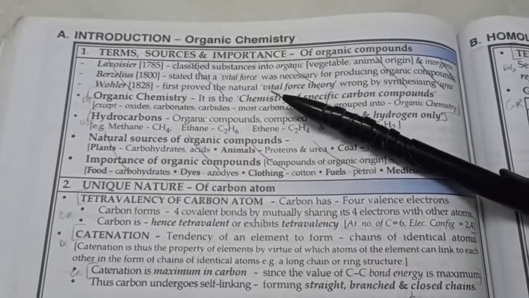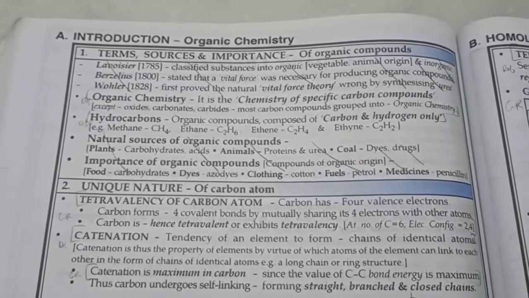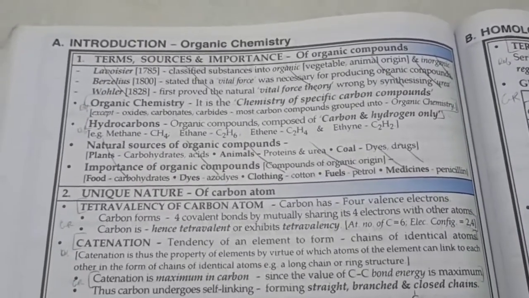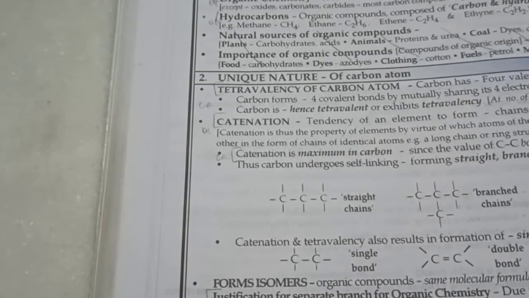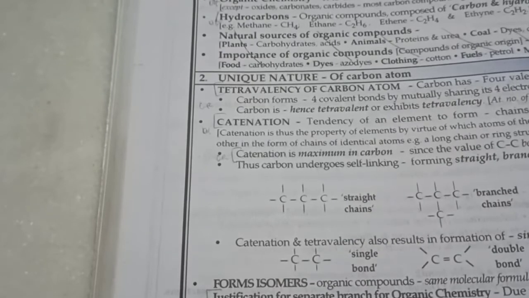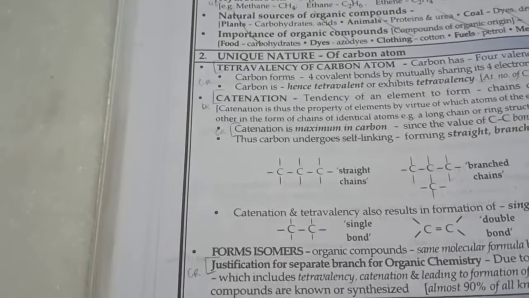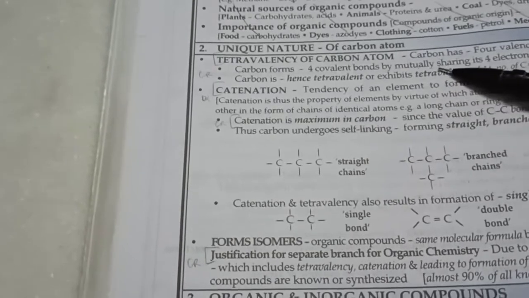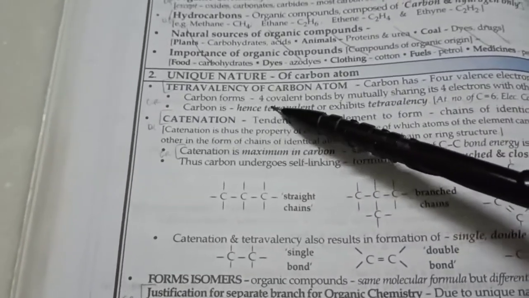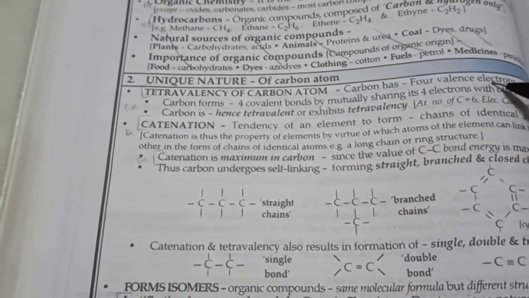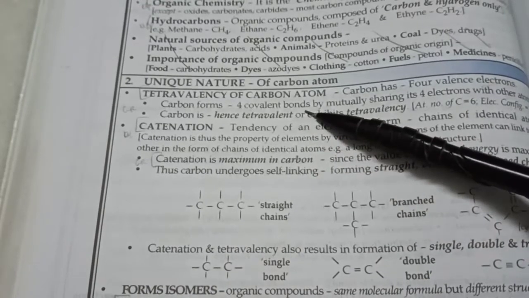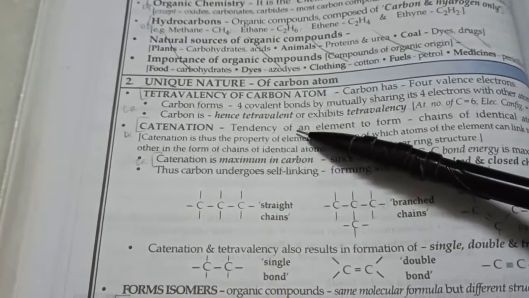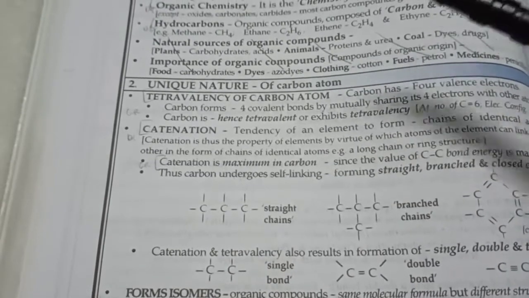But why is carbon so unique and special? Truly, all life on Earth depends on carbon. It's impossible to imagine life on Earth without carbon. You see, all the vital compounds in our body, like carbohydrates, proteins, fats, are all carbon-based compounds. So there are three reasons why carbon is unique out of all the elements in the periodic table. First, tetravalency. Carbon has 4 valence electrons, so its valency is 4. So it can form 4 covalent bonds. That gives it ample opportunity to form a variety of compounds.